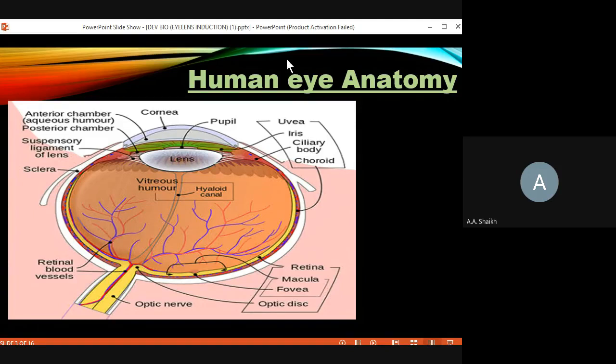So that's why it is very important that the retina is placed at its own position. If the retina were placed at the position of the cornea, or the cornea at the position of the retina, or the pupils at the position of the sclera, will these eyes work in this manner? If we position the cornea in place of the retina, or the ciliary bodies near the optic nerves, will these eyes work? No.